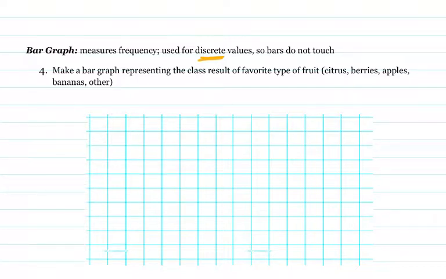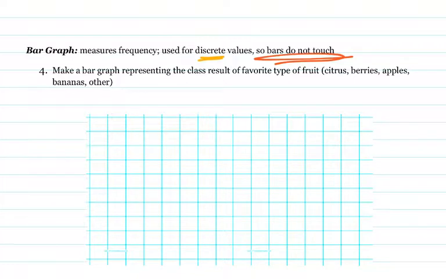Can you be halfway between an apple and a banana? I don't know. Well, you can't. So those things are considered to be discrete. Therefore, the bars do not touch in a bar graph. So histogram, bars touch. Bar graph, bars do not touch. Okay, so we're asked to make a bar graph representing the class result of favorite types of fruit. Now that's funny because we are not meeting in class. Typically, if we were meeting in person, I'd say,